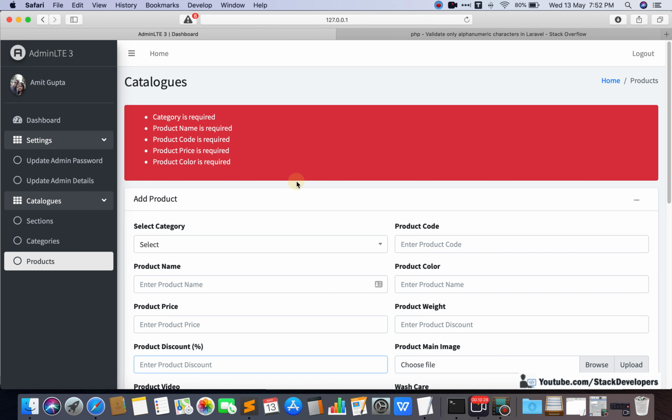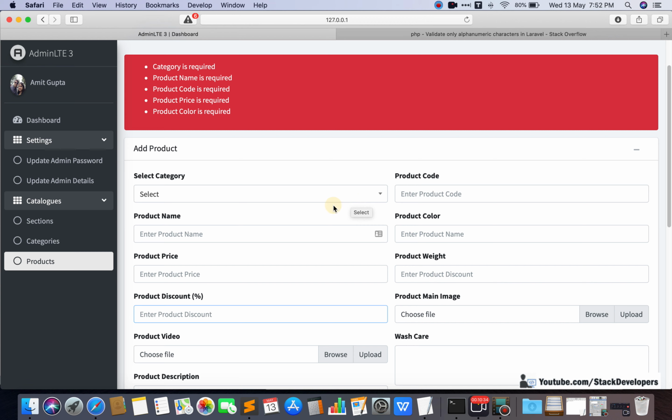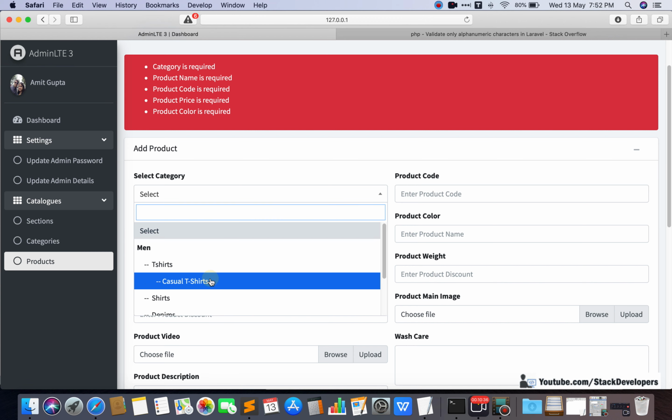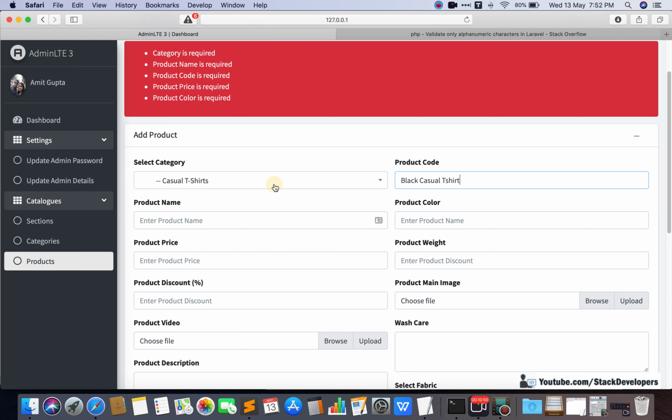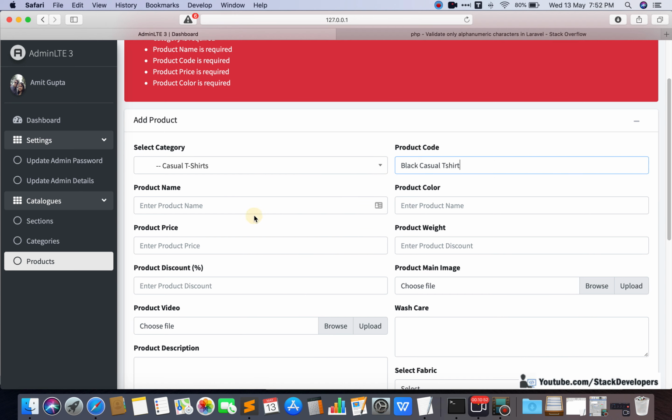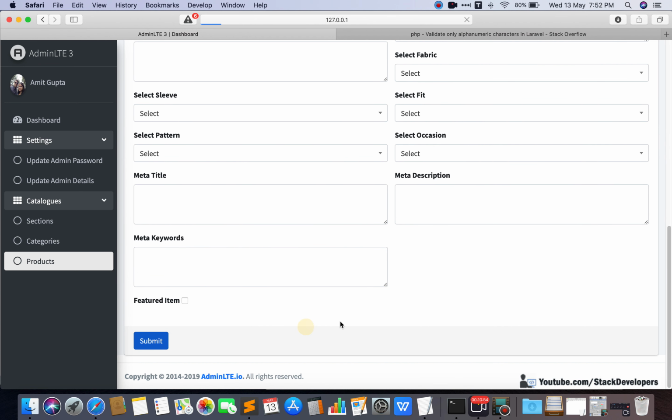Now we can check another thing. If the user selects a category, enters product name and product code, like black casual t-shirt, and leaves the rest empty, see what will happen. The user has added two things and the rest are empty, and we click on submit.